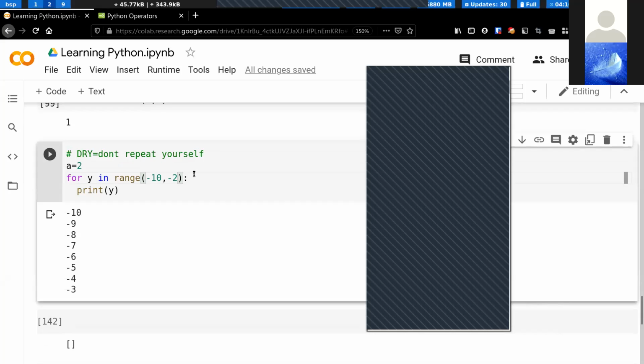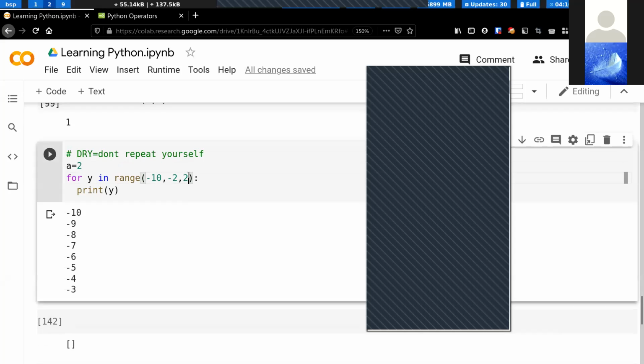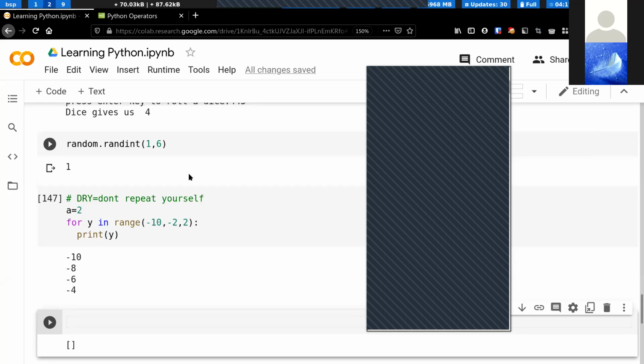तो by default तो 1 था यहाँ पे। अगर हम इसको 2 करते हैं तो -10 में 2 ऐड होगा तो -8 हो जाएगा, फिर -6 होगा, फिर -4।